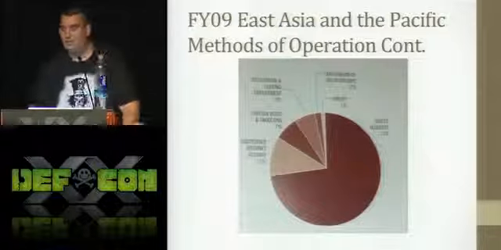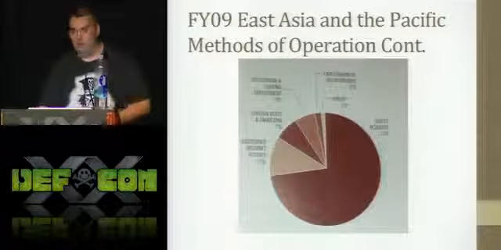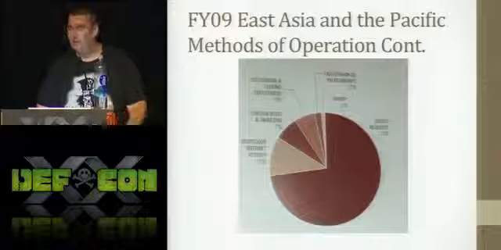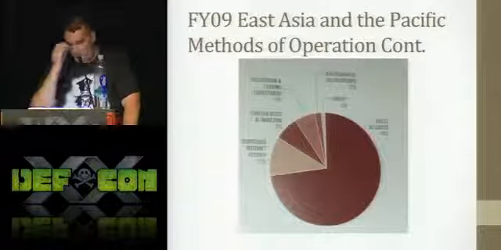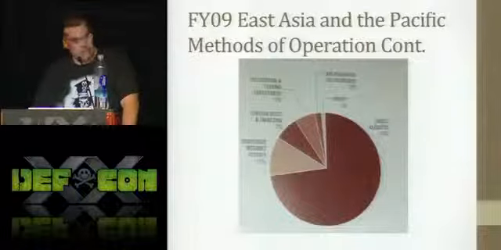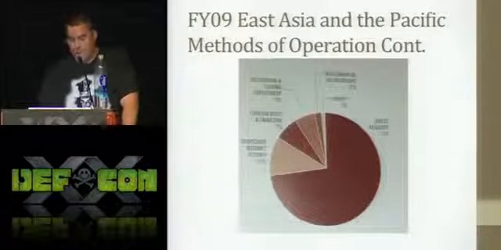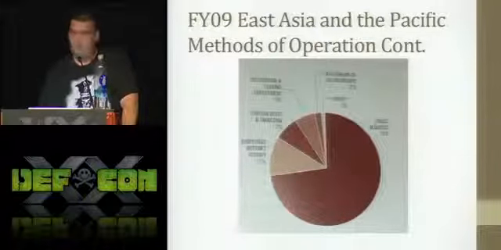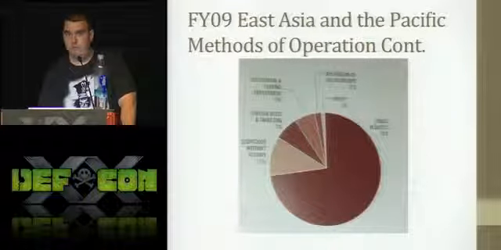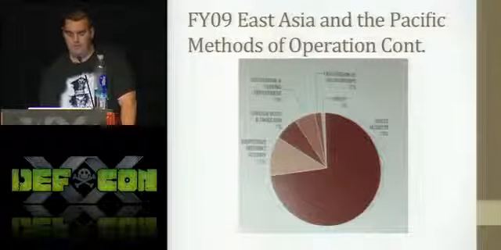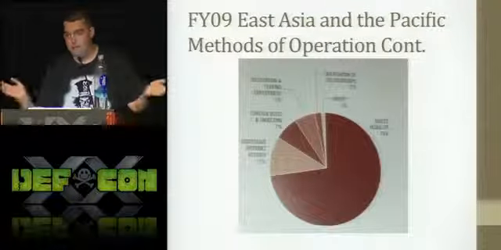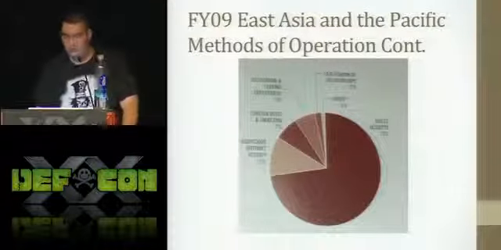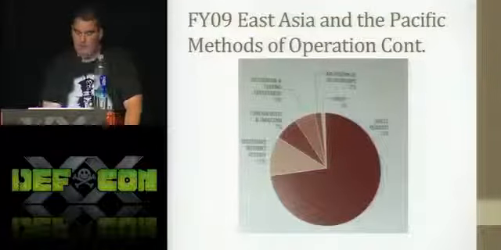So here is some actual real data, this is for East Asia and Pacific. If this was a classified briefing, I could give you the real countries, but it's not, so we have to be generic here. This was for FY09, from October 2009 to October 2010. You can see direct requests. These are people who are like, hey, send me some classified stuff. Doesn't work so well. But solicitation and seeking employment.